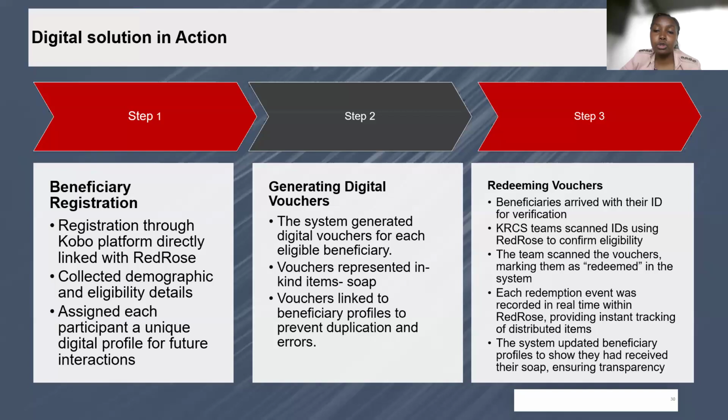During the time of distribution, that study participant will come with the identification document that they had registered during the registration stage. And then we scan to ensure that it matches what is in the system. Once it matches, we go another step to scan the vouchers and mark them as redeemed in the system. Once they are marked as redeemed, we are able to track in real time the number of participants or beneficiaries, in quotes, who have received this number of soaps during this stage. That also means we are able to get a report of the participants who have not come for the soap during that